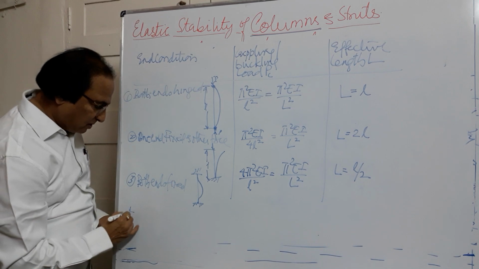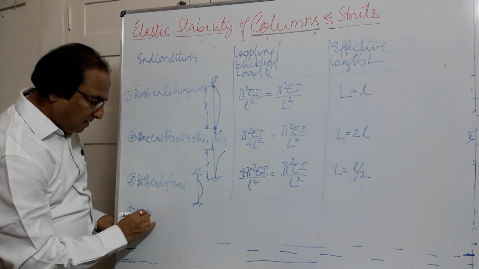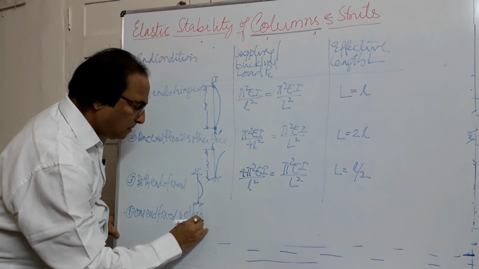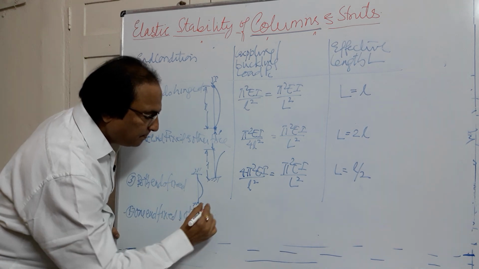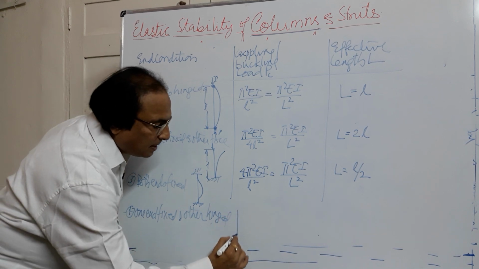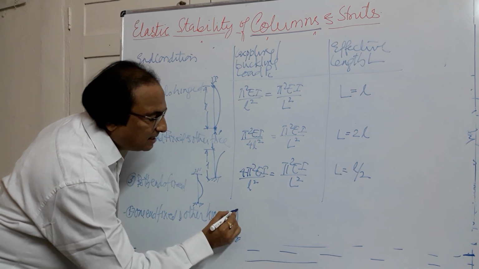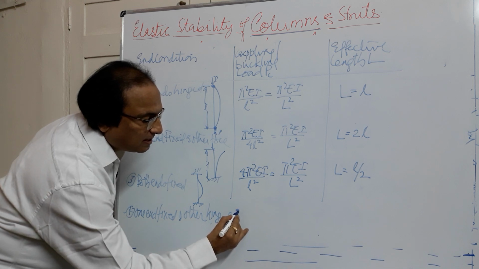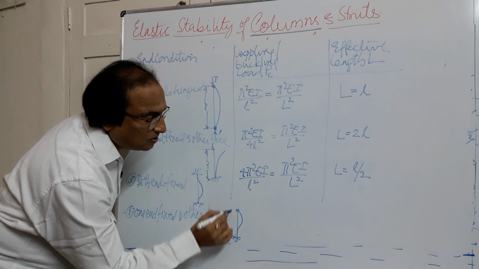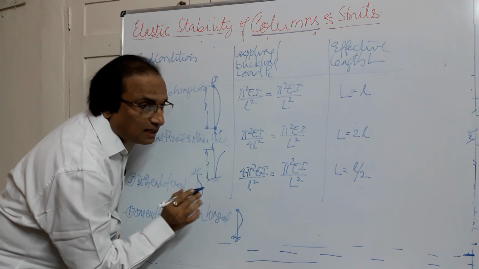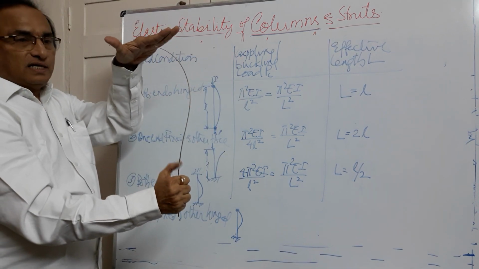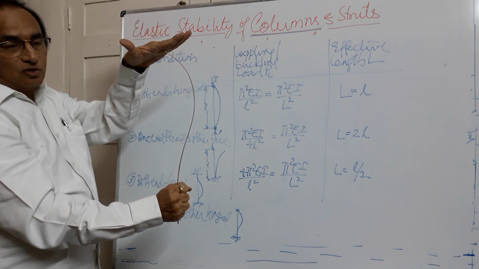And the last case, the fourth case, is one end fixed and the other hinged. If I see that case here, it is fixed at one end and hinged at the other end. Hinge, it will rotate, but fixed, it will remain straight. Deflection and slope both are 0 at the fixed end. Here deflection is 0, but theta is not 0. In this case, if I show it like this, see how it bends. It is remaining straight here, but it is bending in the other direction because it is hinged.